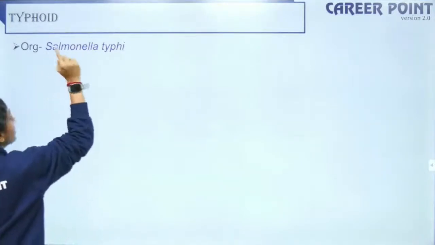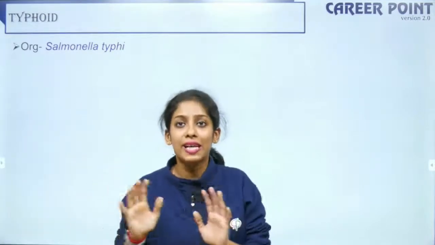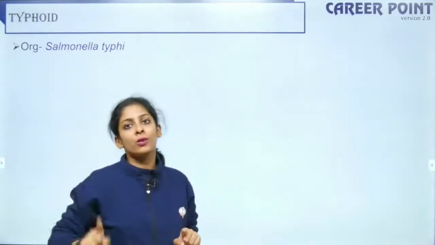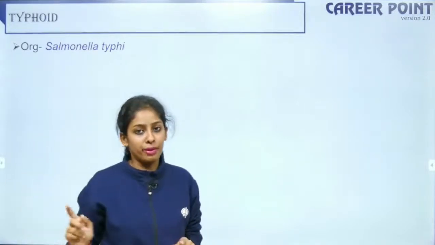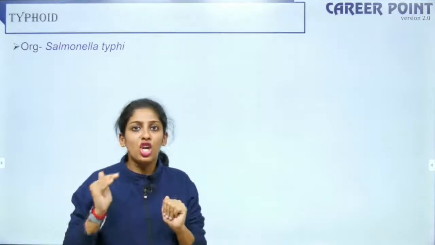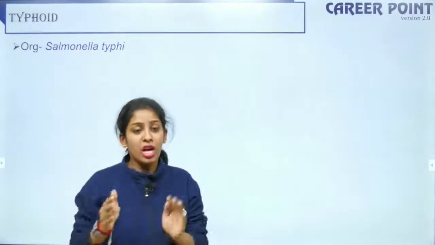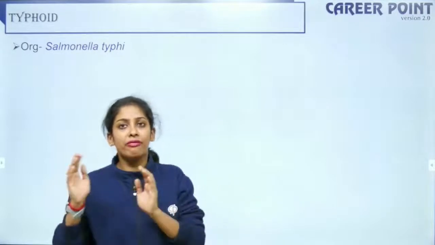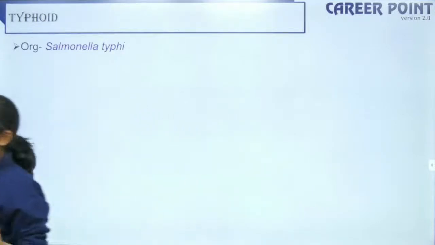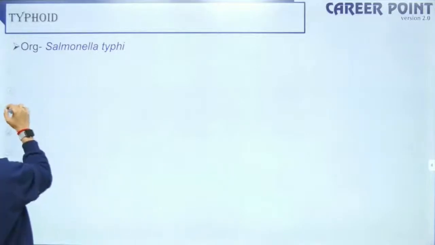So Salmonella typhi has to be written like this, and since I have typed it, I have italicized it. But when you are writing it by hand, you will underline Salmonella separately and typhi separately. So it is very important. When you write Salmonella typhi in your paper, you will underline it not as a single word but as two different words. This is a very basic request of a biologist, that you write Salmonella typhi and underline it. Okay, so here we go.